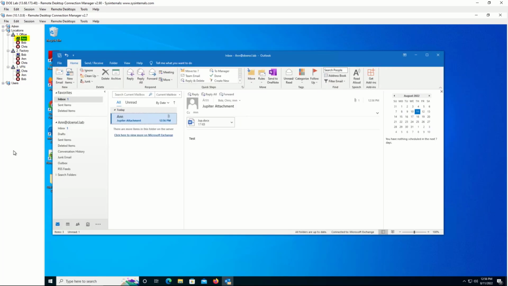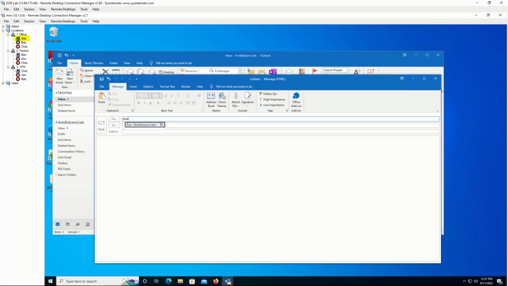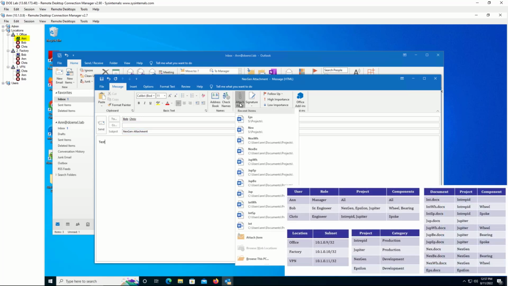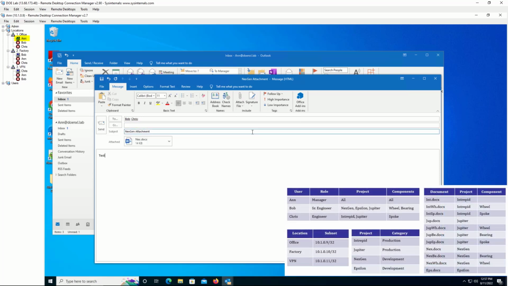We're now going to go back to Anne, and she's going to send another email to Bob and Chris. This time it's going to be a next-gen attachment. If you remember, Bob is assigned to work on next-gen, but Chris is not. And so when we click send,